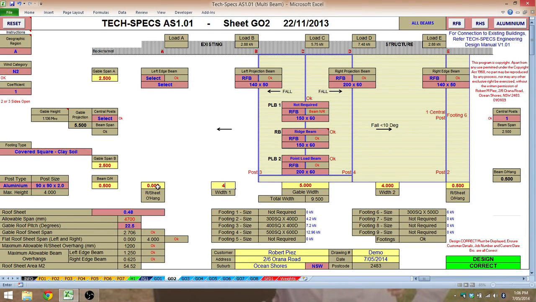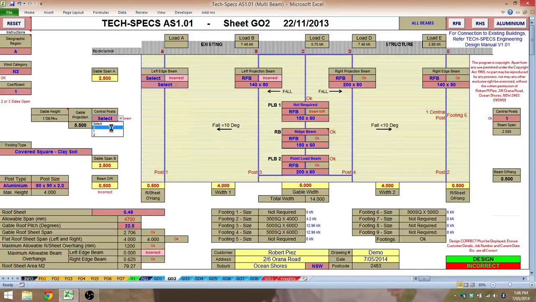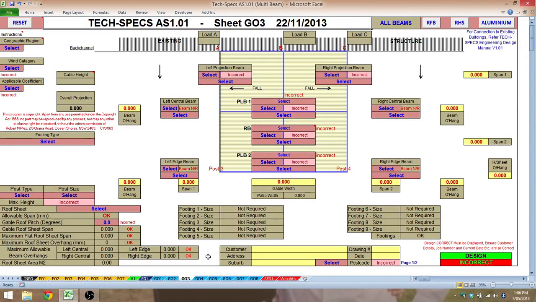If we add the same information out the other side, we'll clear span this end just for interest's sake. And you'll see we obviously have the same beams on both sides of our gable now because they're carrying the same amount of load, and our design is back to correct. So once you get used to the program, you can very, very quickly and easily design some quite large, complex gable patios. This is basically the same thing as what we've just looked at, but when you add flat sections